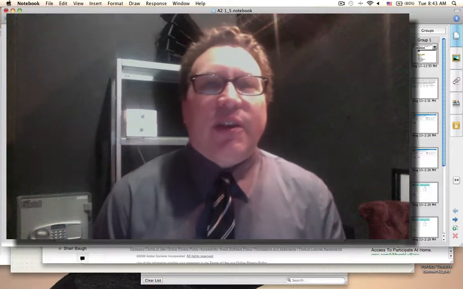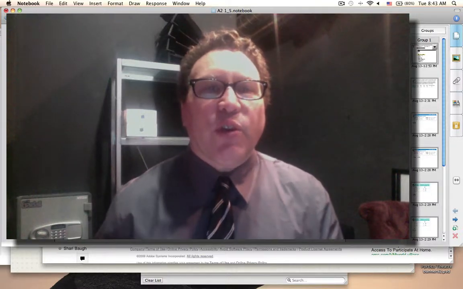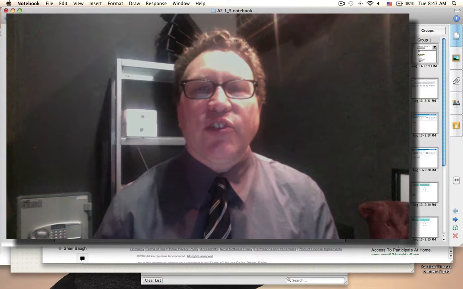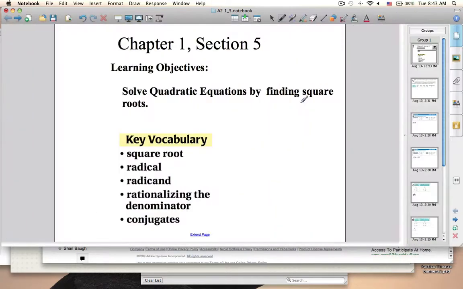So in section 5, we're going to work on solving quadratic equations by finding square roots. So the idea here is that if I can get my variable by itself on one side of the equation, either squared or in something that's being squared, then to solve I can take square roots of either side of the equation. So that's good for certain types of equations, particularly quadratic equations that don't have a middle term, but